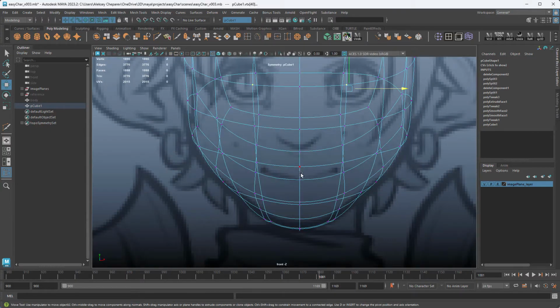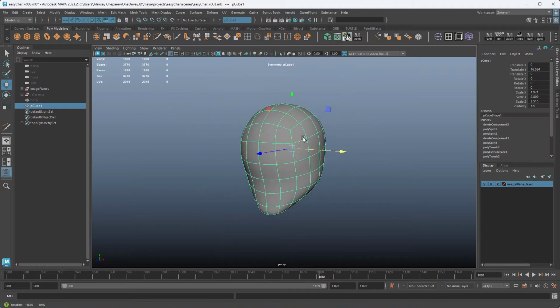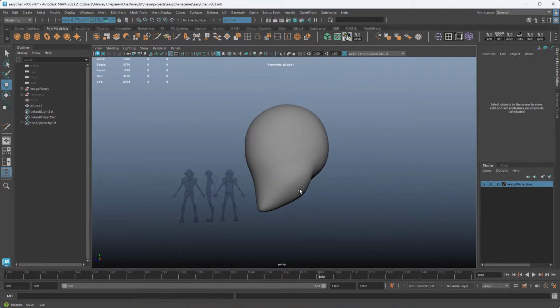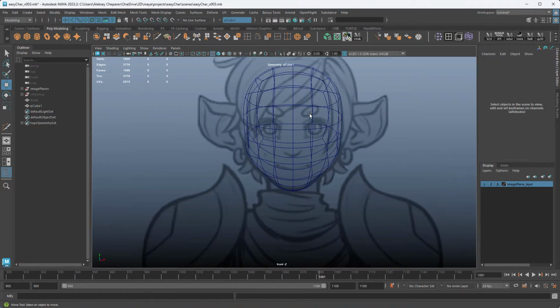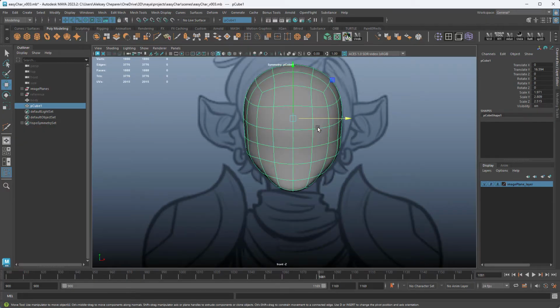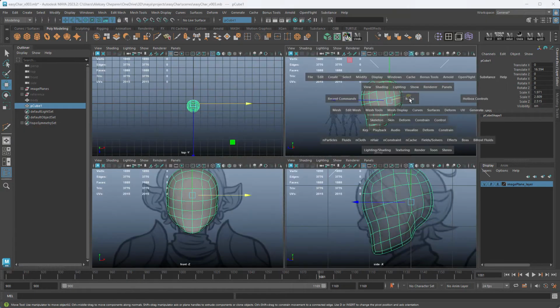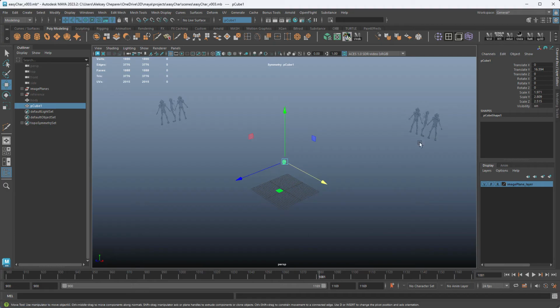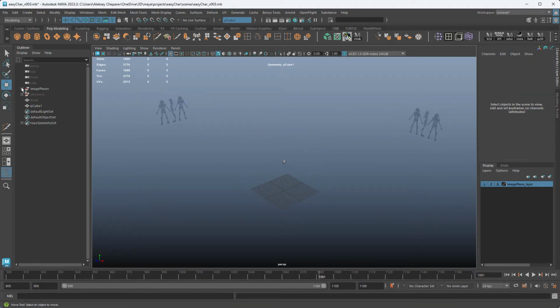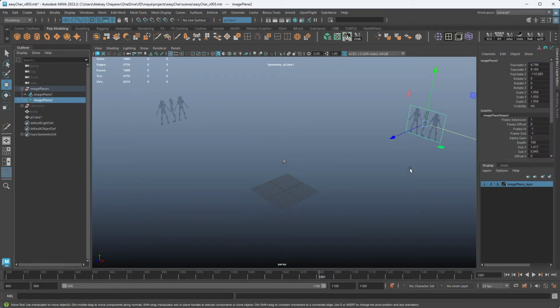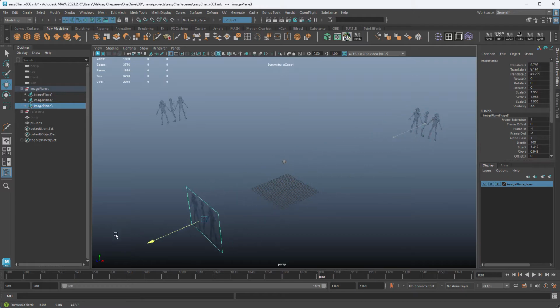We need a line for the mouth and a line for the eyes. Now, sometimes it's hard to see from this angle which line we're supposed to use, right? So what you can do, as I told you in the beginning, is take this image plane, duplicate it, move it forward, and then make a new layer.